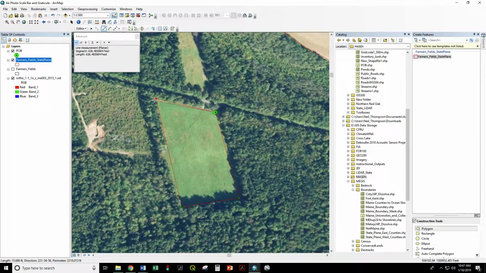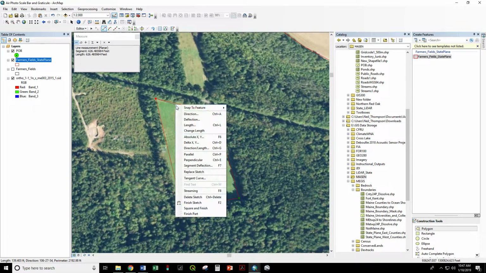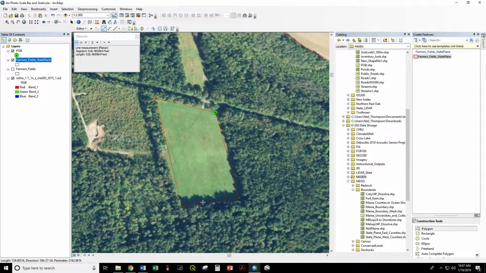Enter. There's our last point, and we can right click, finish sketch. And that takes our last point, and that gives us a feature that is precisely aligned with our